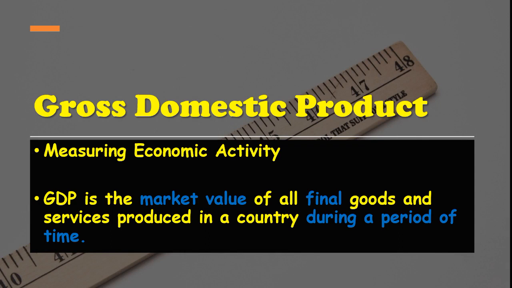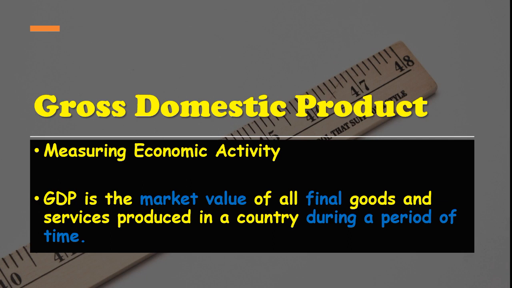All right. So the first trick to all this is we need to be able to measure things. Measure what's going on in the economy. And so we have a number of basic measures of what goes on in the economy that you're going to learn. And the first of these basic measures is something called gross domestic product. Gross domestic product is a way to try to measure economic activity. See that word? Well, let's look at all three words.